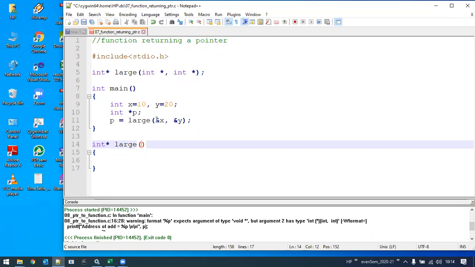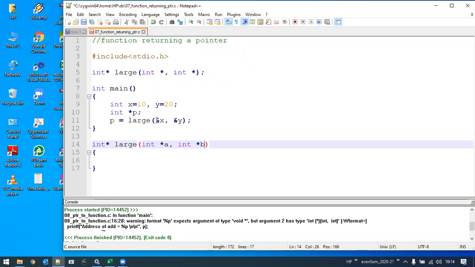Because we are passing the address of the variable. Look into the function call here. We are passing two addresses. Since I am passing two addresses, I need two pointers to store them. So what I can write here is int asterisk a, the first one, then int asterisk b.